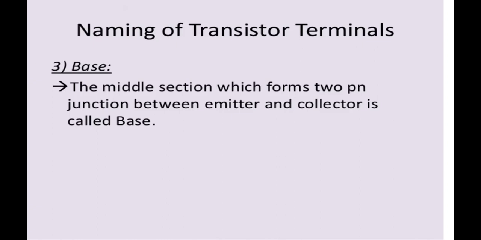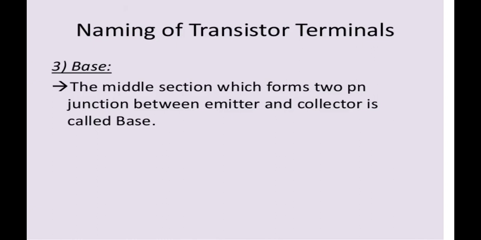How is the naming given? It's the structure of that formation of junction. How many terminals for the BJT transistor? Three terminals. Which terminals? Base, collector and emitter. What does it mean by emitter? It emits the electrons or holes with respect to the other junction. If it emits holes or electrons, it depends upon the type of transistor, PNP or NPN.